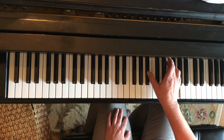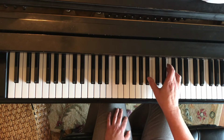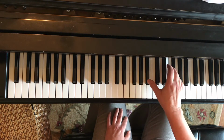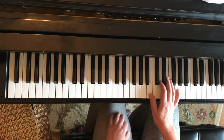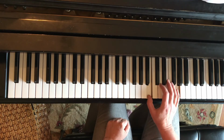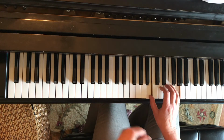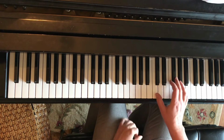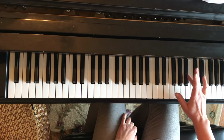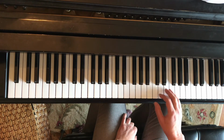The next part, it moves down B flat, E, G. 1 and 2 and 3 and 4 and 1 and 2 and 3 and 4 and. Next, we're finishing up with and 2 and 3 and 4 and 1, 2, 3, 4, 3, 4. Then I move my forefinger to B flat. 3, 4,